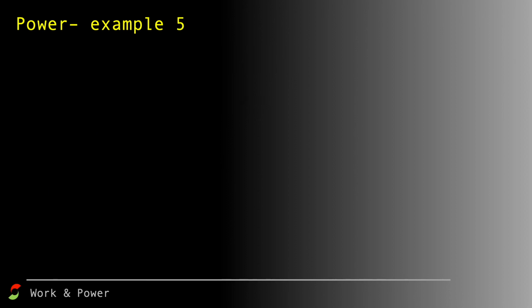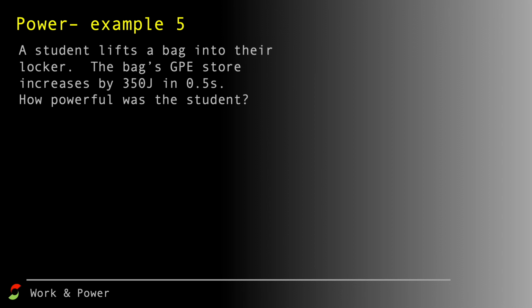Last example then. So a student's going to lift their bag into a locker. The gravitational potential energy store of the bag is going to increase by 350 joules in 0.5 of a second. We're going to work out how powerful the student is. We've got to try and identify what work is being done here. I haven't got an equation for gravitational potential energy, but I'm told that the increase in gravitational potential energy is